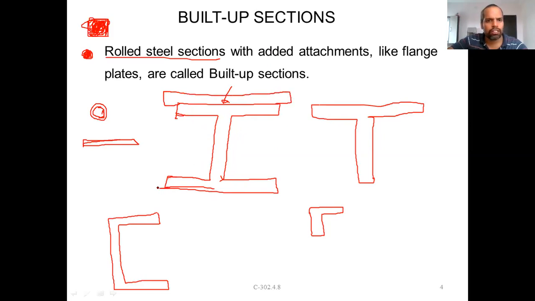Some additional plates means that may be one, that may be two, that may be three, that may be n numbers, depends on the load. Load and requirement is as per our site condition design requirements. So we will go for one or two plates generally. One plate or two plates or three plates, right? So generally that will be added.